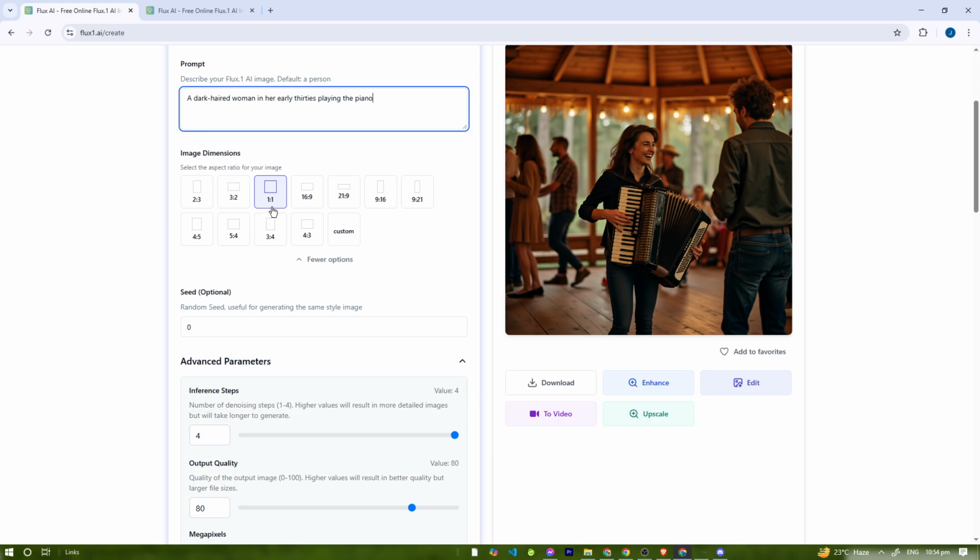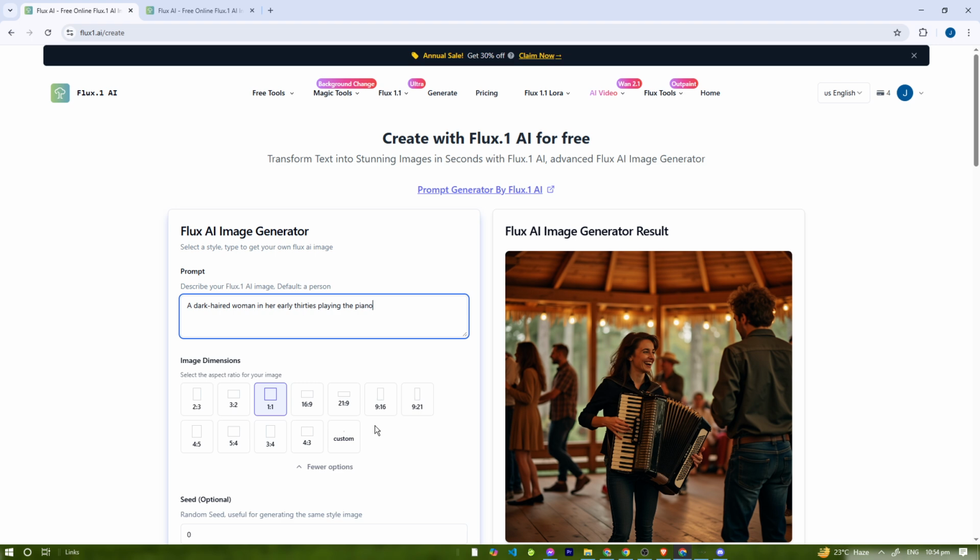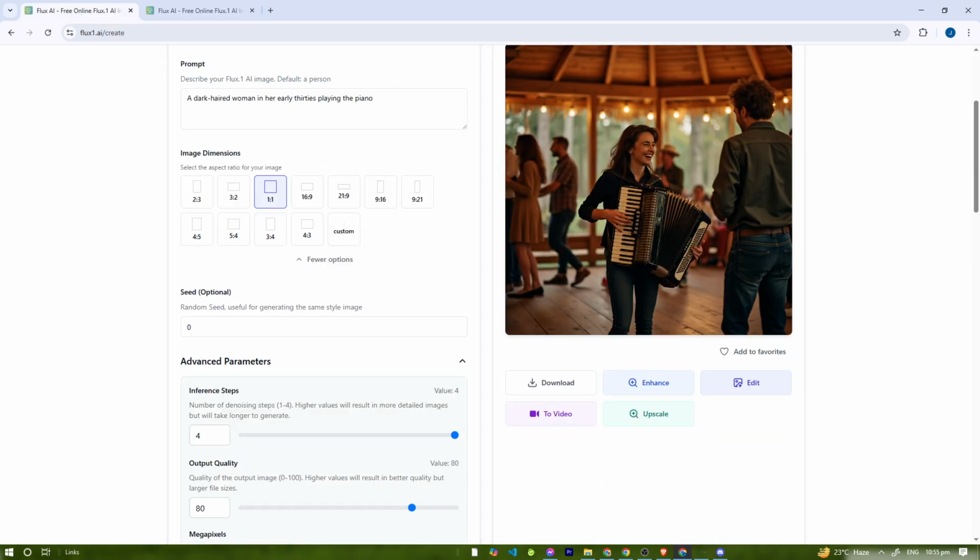So here's our prompt, image direction, and stuff like that. This is the free version. There's the ultra version which you can do various models, so it's pretty good. But we're using the free version today because it's free. You don't have to pay. It's pretty good. So let's say I want a 16 by 9 of